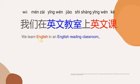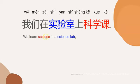And now let's see the sentence. If you want to say we learn English in an English reading classroom, first, how to say English class? 英文课。Then how to say English reading classroom? 英文教室。So we learn English in an English reading classroom. In Mandarin, we will say it like this. 我们在英文教室上英文课。Now it's your turn to say this sentence. We learn English in an English reading classroom. 我们在英文教室上英文课。